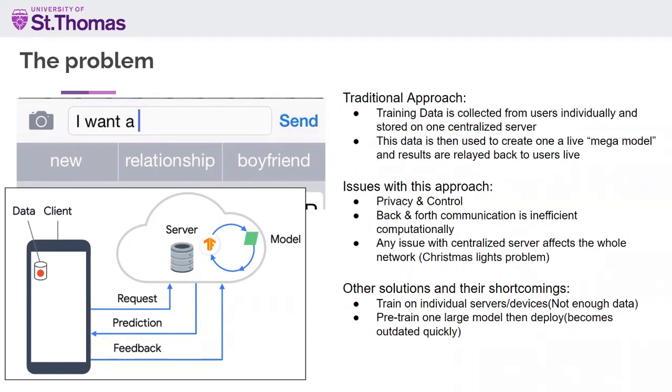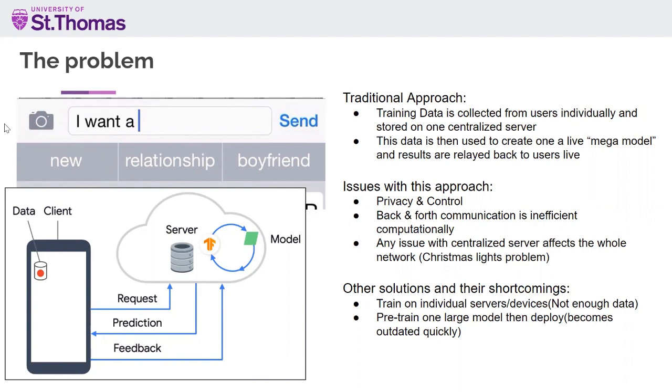Now, an issue with that, and just to provide an example, I have autocomplete texting, which I'm sure you've all used at one point or another. In order for a company like Apple to deploy this machine learning model, which is what they use for that product, they would have to collect individual users' text messages and conversations, which is a huge privacy risk and then also a control risk in terms of what type of information they're getting, what type of information they have